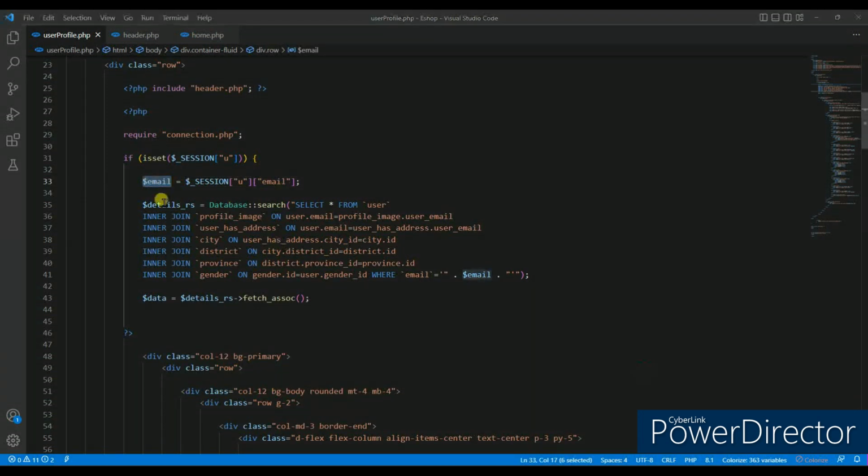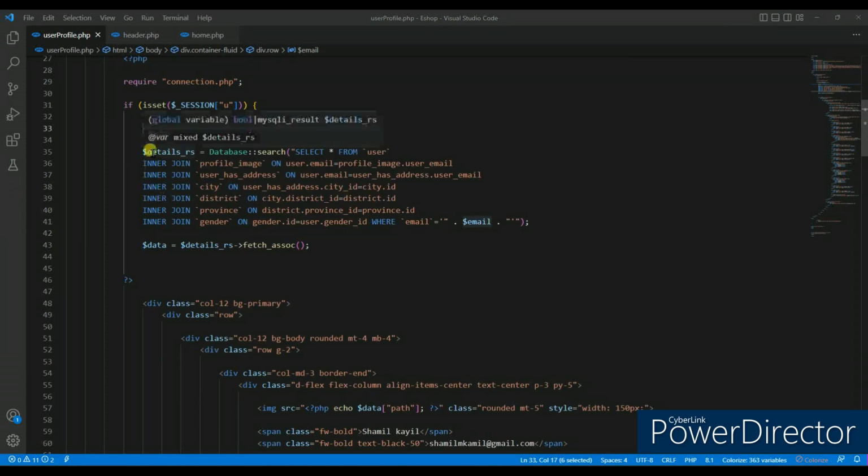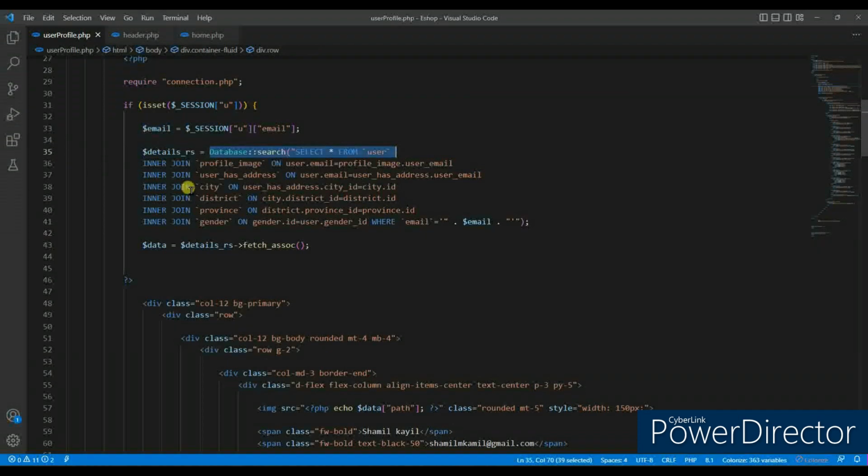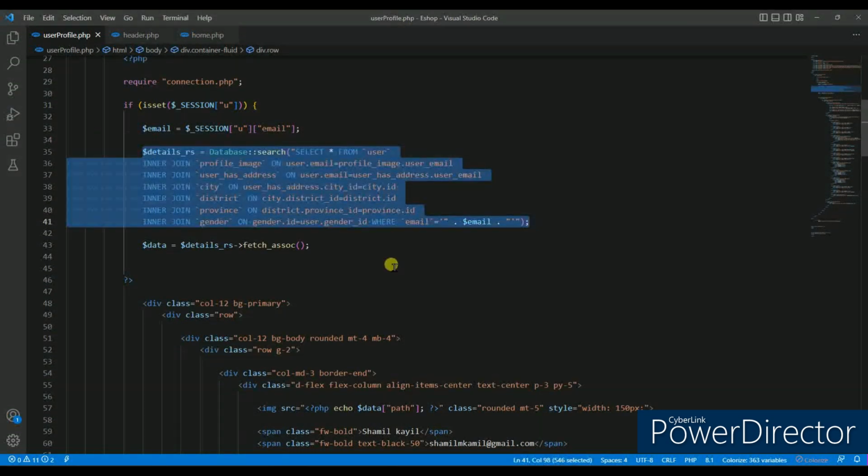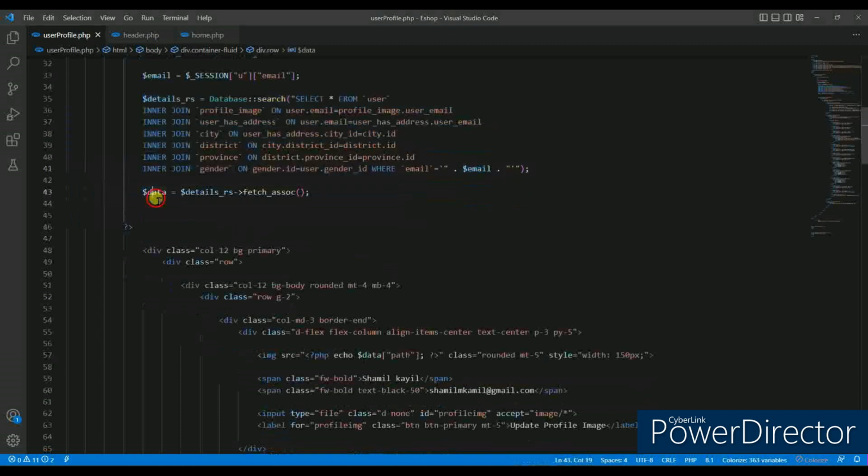And if you come here, we have entered a search query combining inner joining multiple tables in our database. Let's talk about this in the next video. And if we come here,